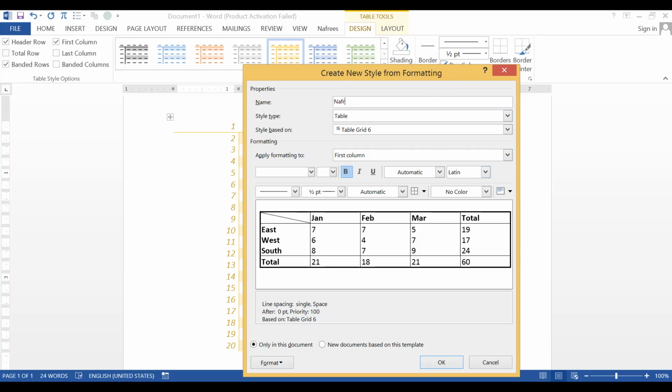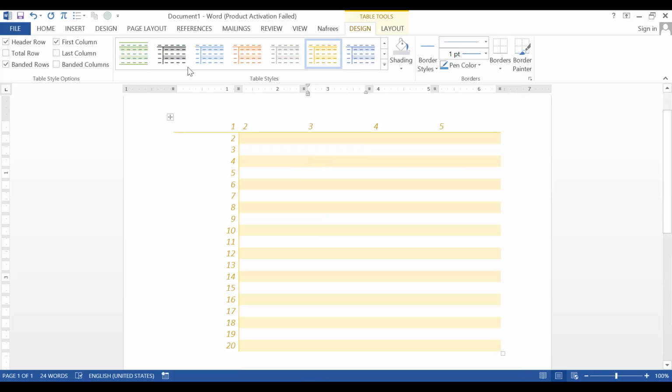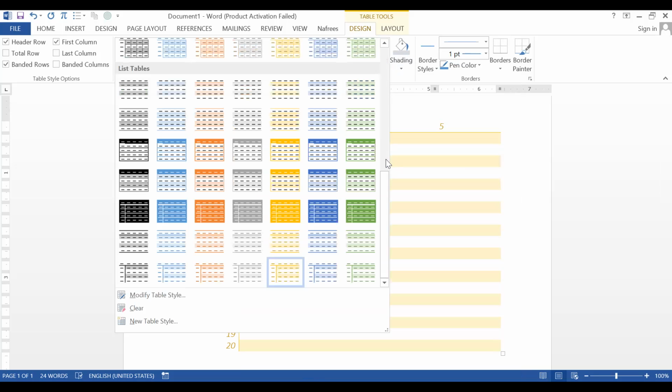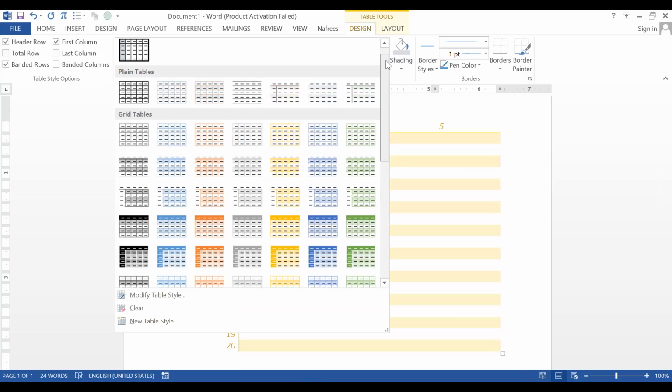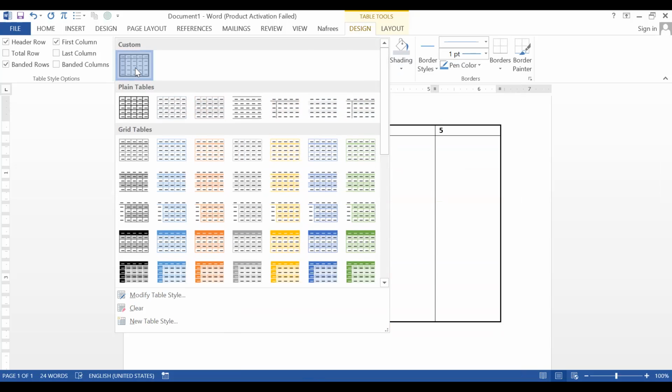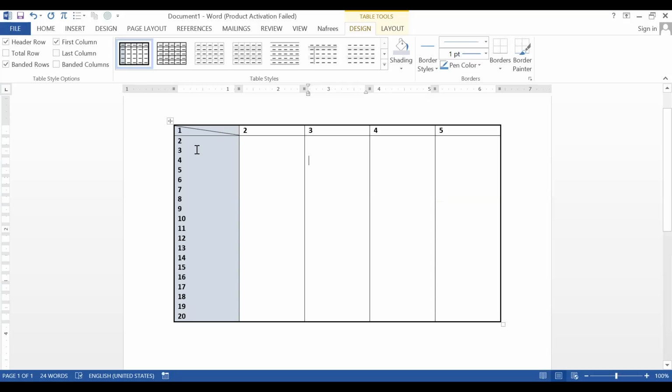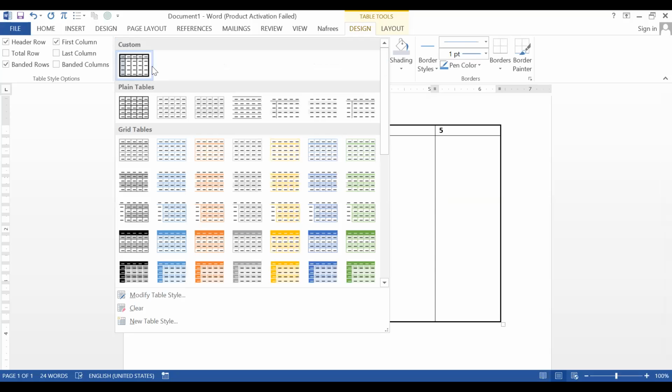Let's say enough phrase. Go to format. The borders, you can change the border size, and everything can be done using this. So anything you can change. See, this is one I have created, a custom one. If you create your own table, you can find it under custom. It is saying custom one.